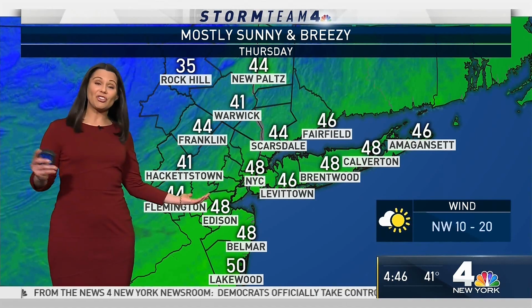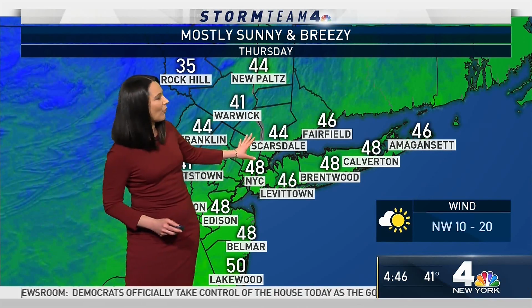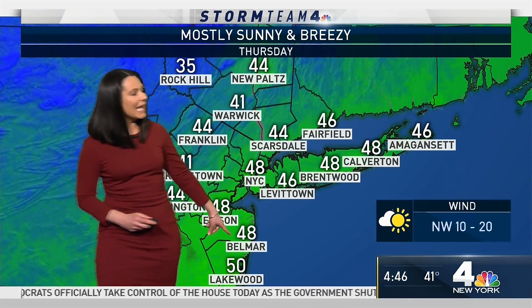In the afternoon, a big change, though. It'll turn mostly sunny and breezy with a high of 44 in Franklin, 44 in Scarsdale, 48 in the city and in Edison, 48 in Belmar and Brentwood as well. It's going to be breezy, though. Winds will be gusting over 20 miles per hour at times, but those winds diminish tonight, and that will allow